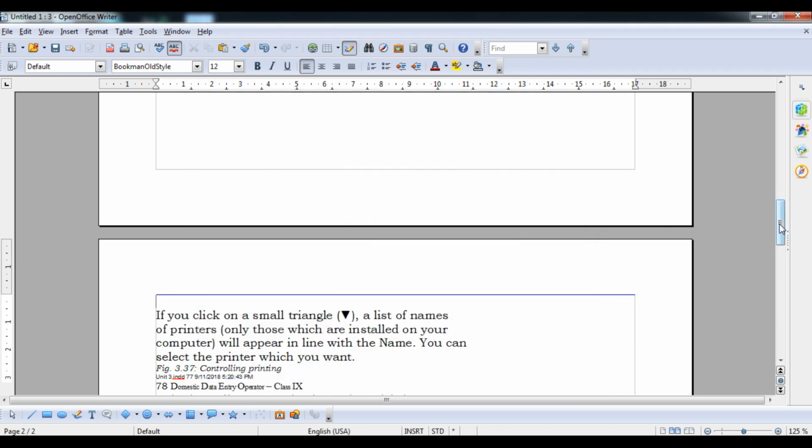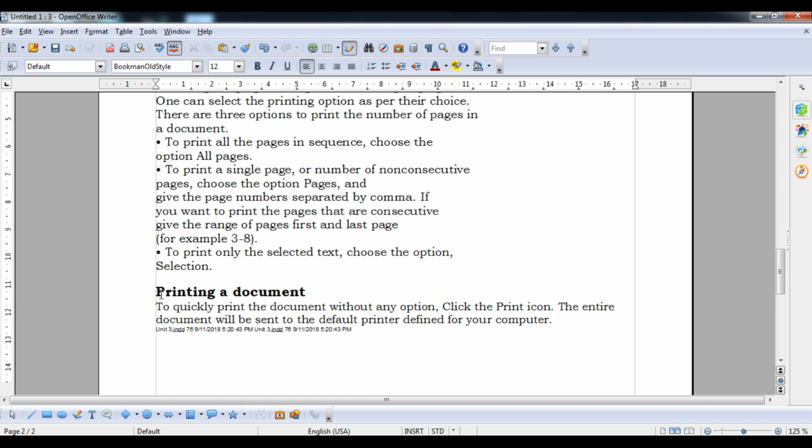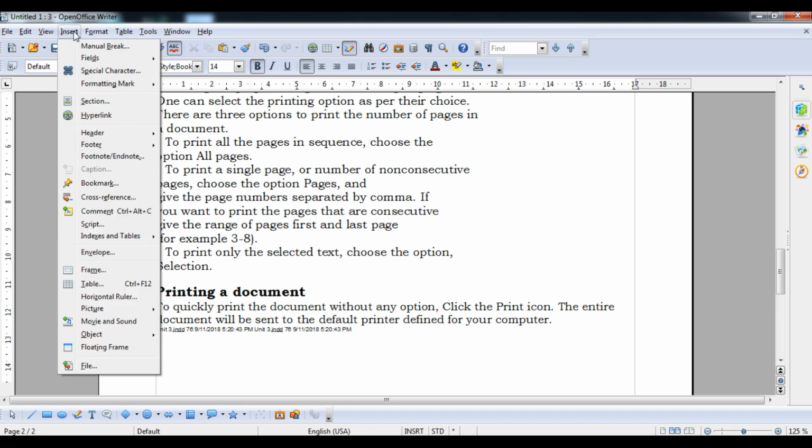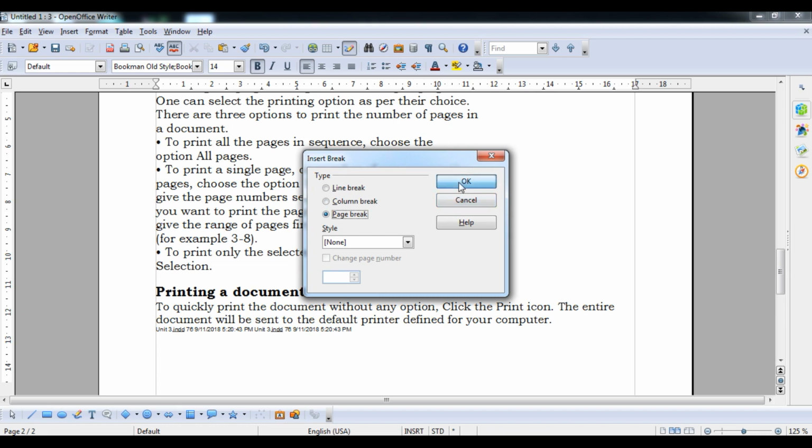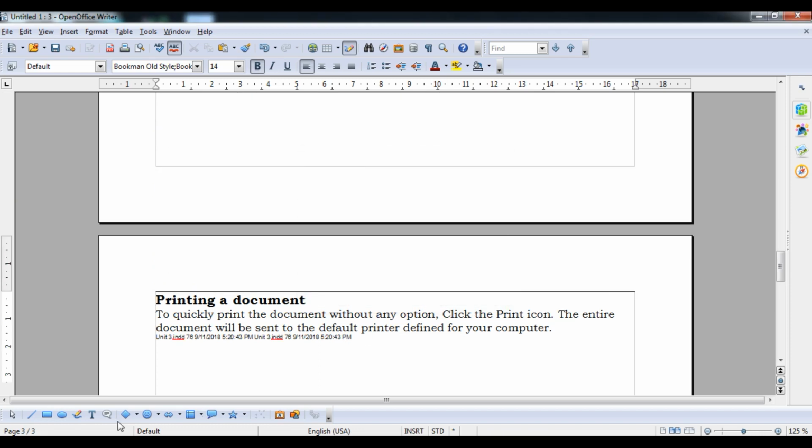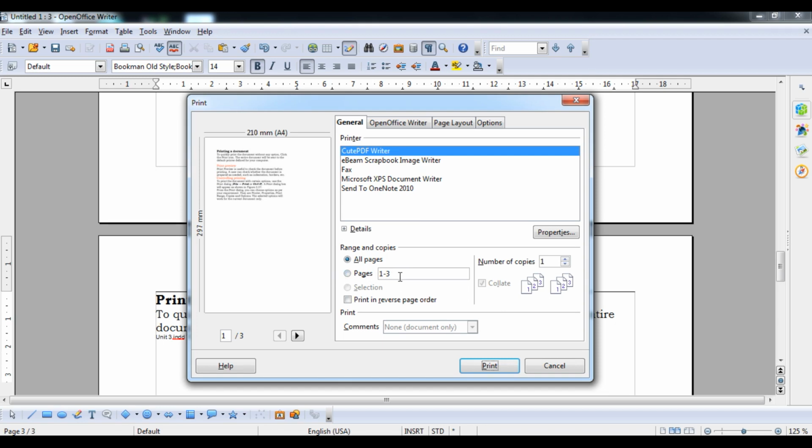Now I am talking about if there are more pages, so I am going to enter another page break here, insert manual break, and then after that page break. So now you can see, student, how many pages I have, 3 of 3, that means 3 pages. Now I am going to show you how to control the selection of pages. Suppose I am going to print only pages 1 and 3, so here you can type 1,3. Here only 2 pages have printed, student. The first one is page 1 and the second one is the third page. By separating with a comma you can provide different page numbers also.